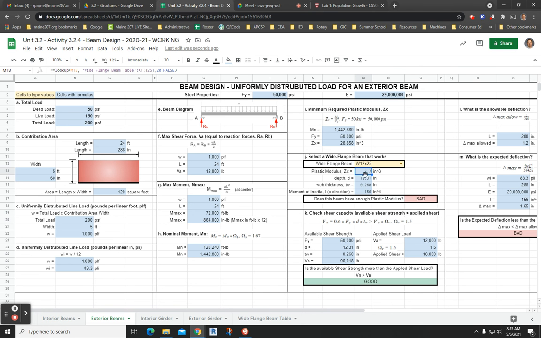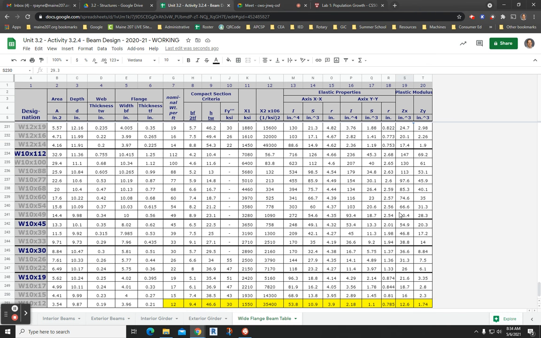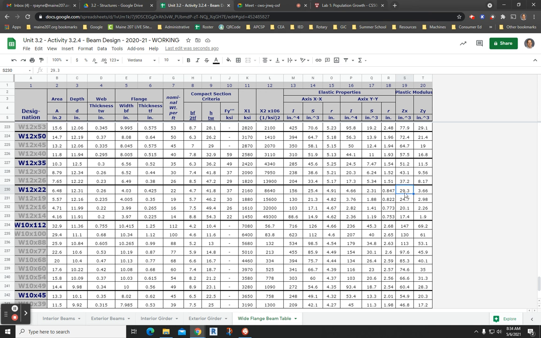That doesn't seem right. 12 by 22 shouldn't have 3.7. Something is wrong there. Oh, I see what it is. Okay, so the 12 by 22, see how it should be 29.3, so that helped me catch an error in my code, so all of us are going to have to update this. You see how it grabbed the 3.6, so I used index 20 instead of index 19, so I caught a